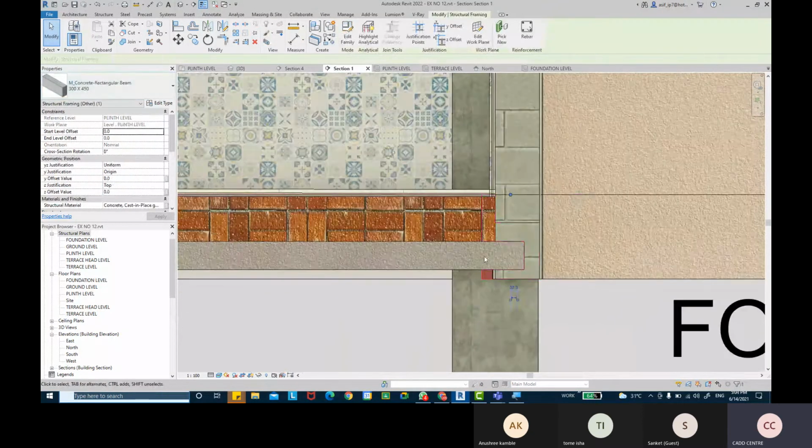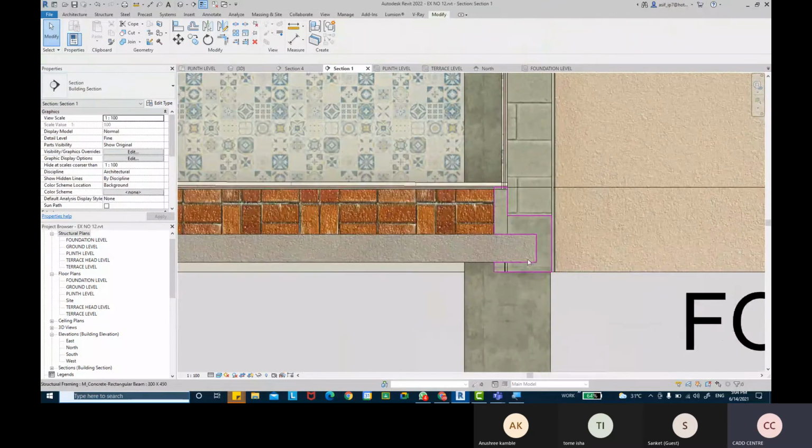Still want to create the beams and everything. And if you see this slab is overlapping or anything like that, it needs to be fixed up.